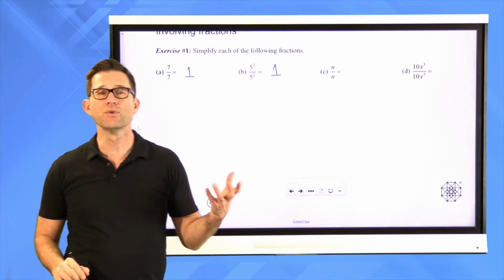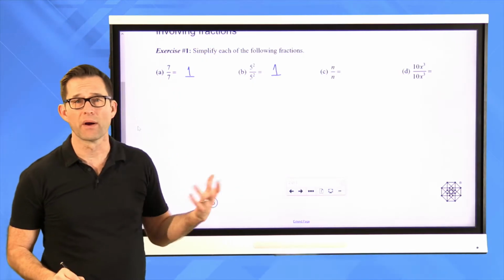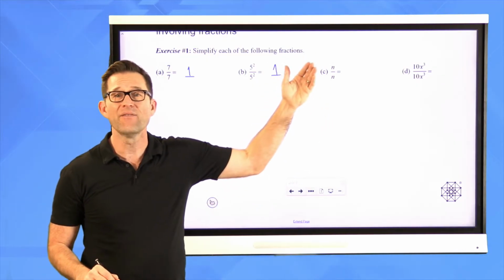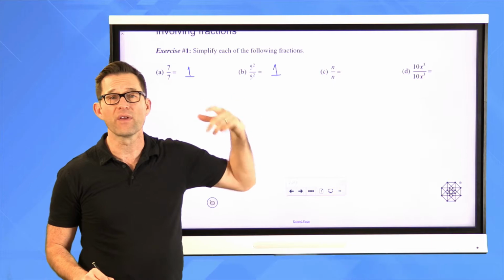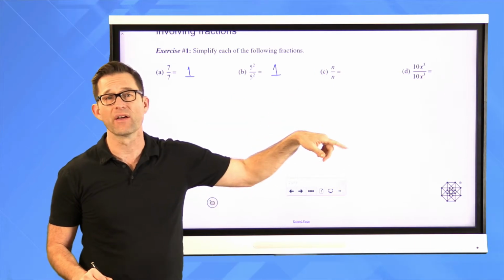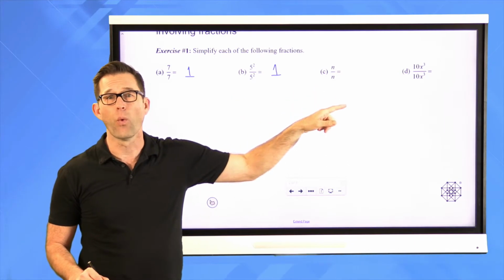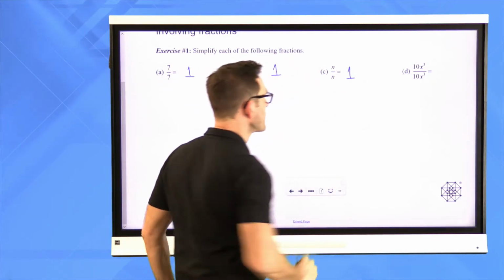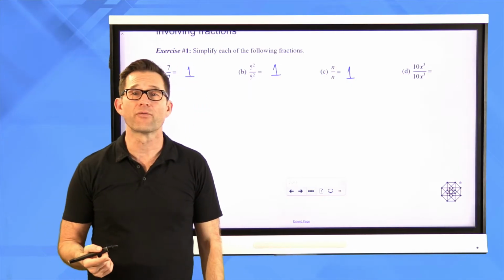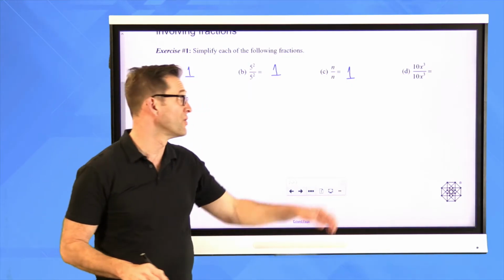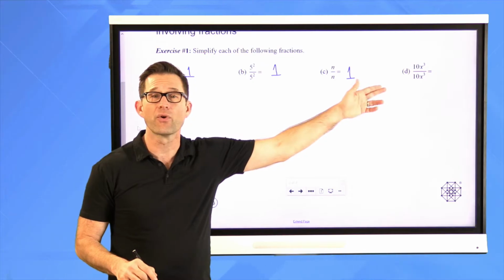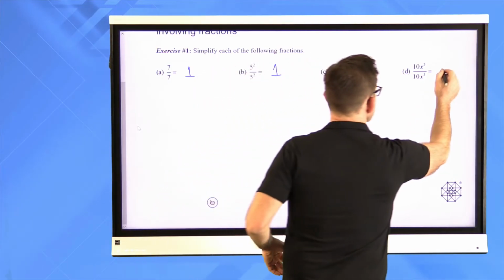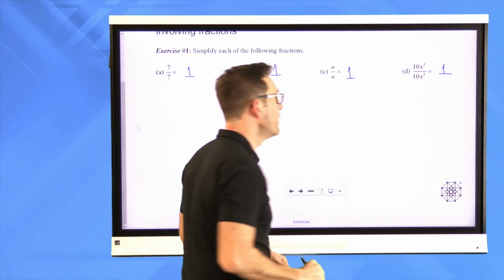Now, in both of those two cases, we're dealing with just numbers, numerical examples. Letter C, we have something that's purely in terms of a variable, n divided by n, right? Well, now you can even think of division as, well, how many times does that thing go into that thing? Well, how many times does 1n go into 1n? Well, it goes in there one time. And finally, as if it wasn't enough, our last one mixes numbers with variables. 10 times x to the third divided by 10 times x to the third. Well, again, it's got to be 1 because 10 times x to the third times 1 is 10 times x